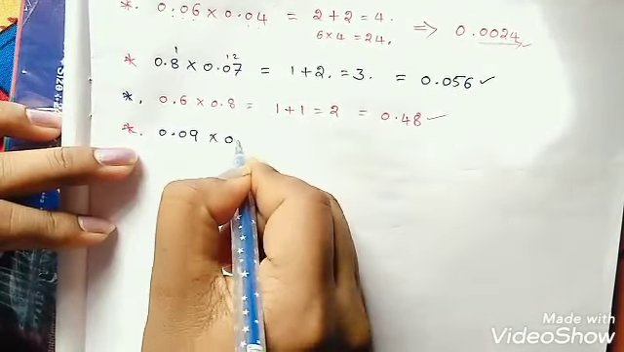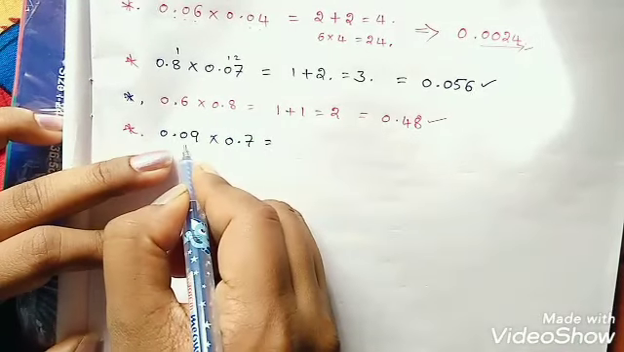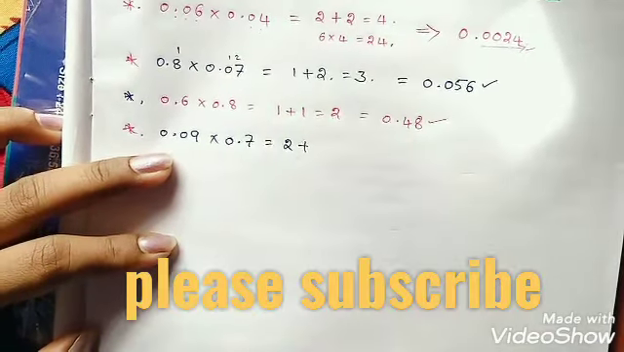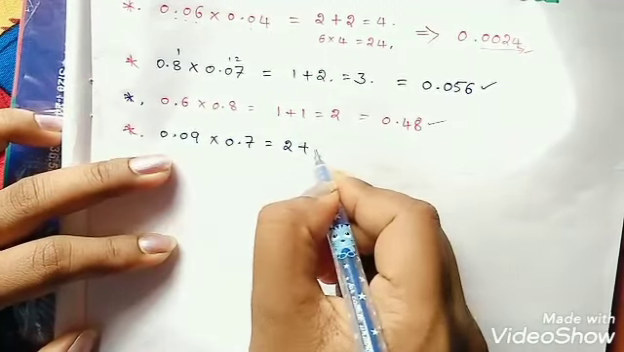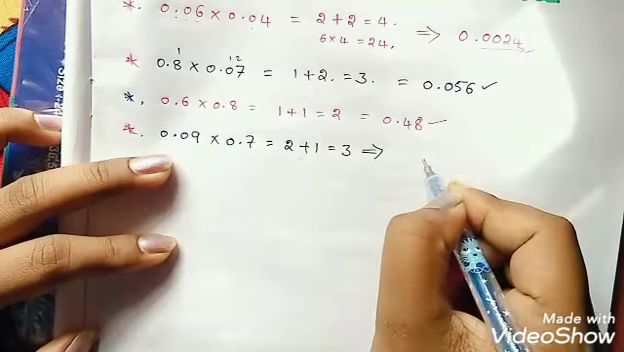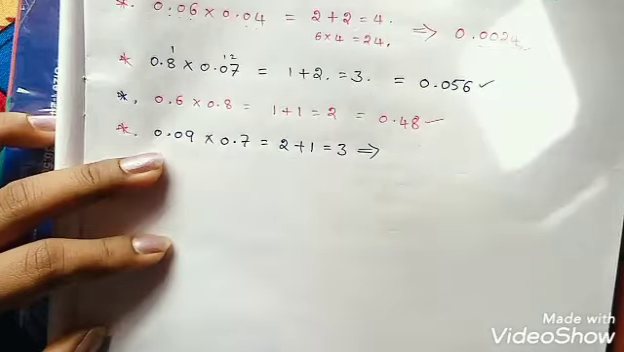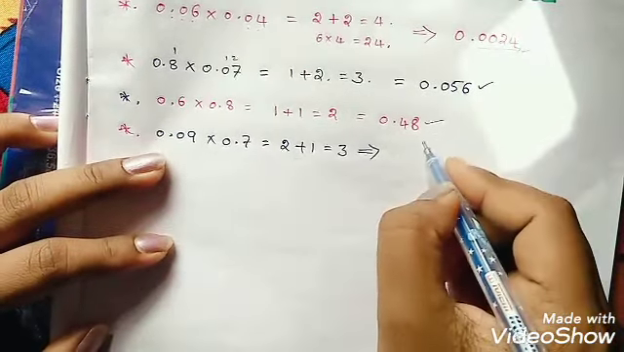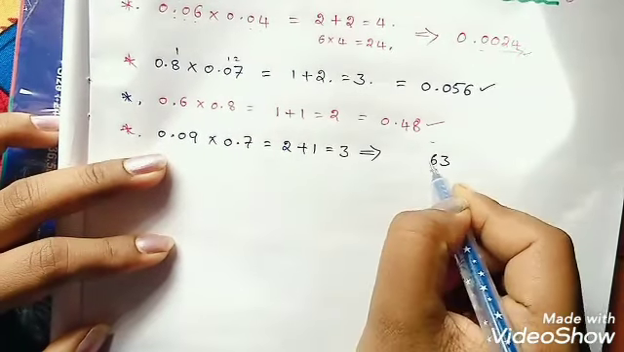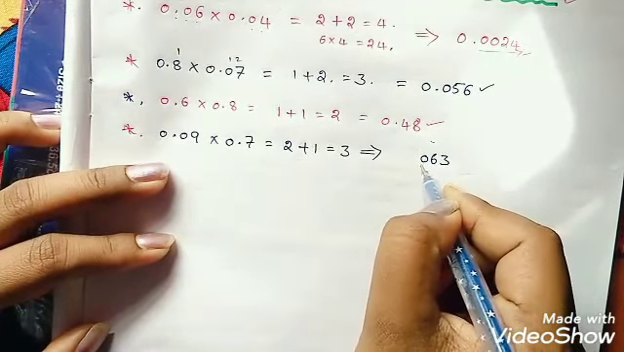0.09 into 0.7. Here, see students, after this decimal you have 2 places, 1 and 2, plus the second one, after this decimal you have only 1 place, so 2 plus 1 is 3. That means in the answer you should get 3 decimal places. Now directly you can multiply here. 9 into 7, 9 sevens are 63. 3 places after the decimal you should get. Before 63 you can place 0 here,